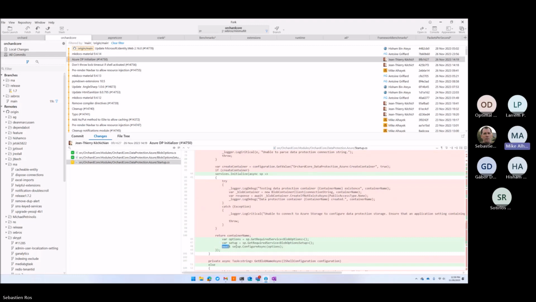So this is the fix that I was mentioning earlier. You see how we don't really add services inside the initialize method, but we initialize services that are already defined.